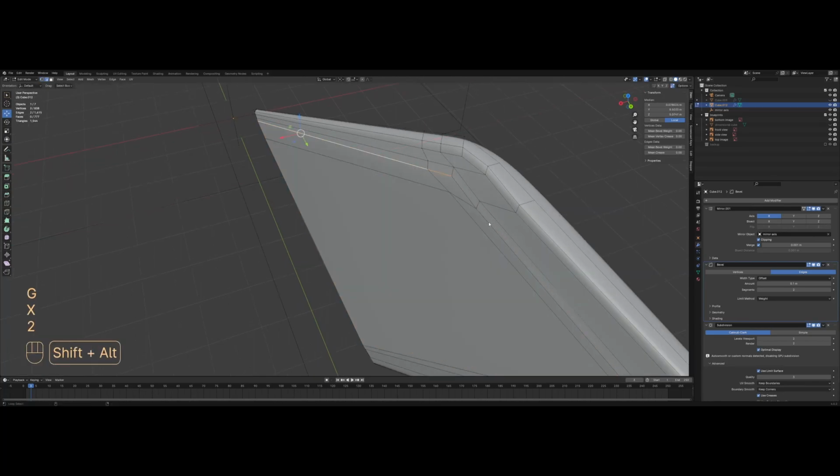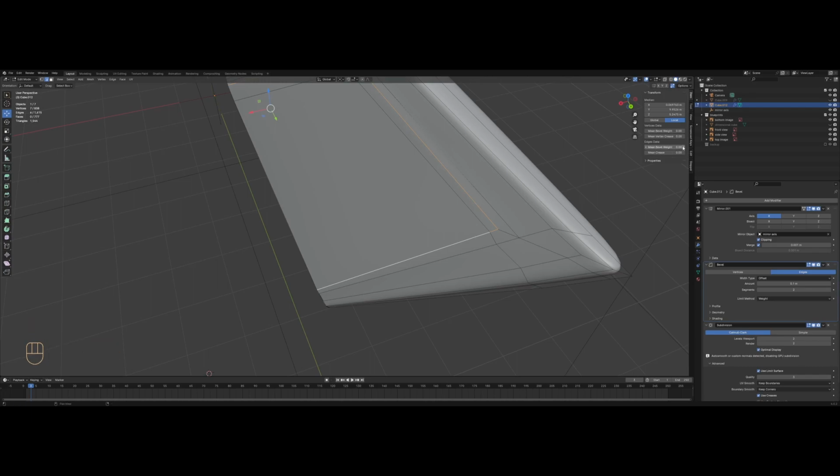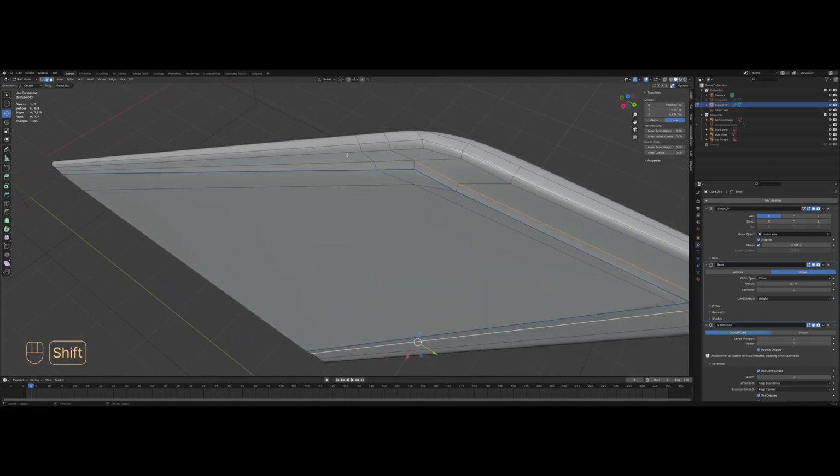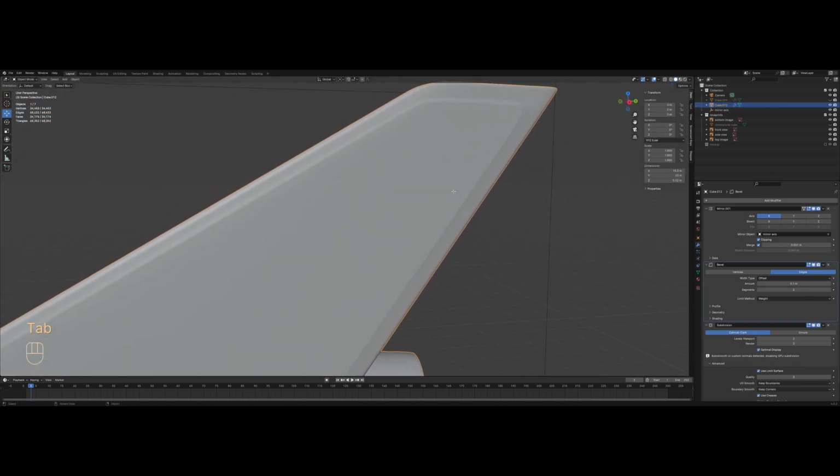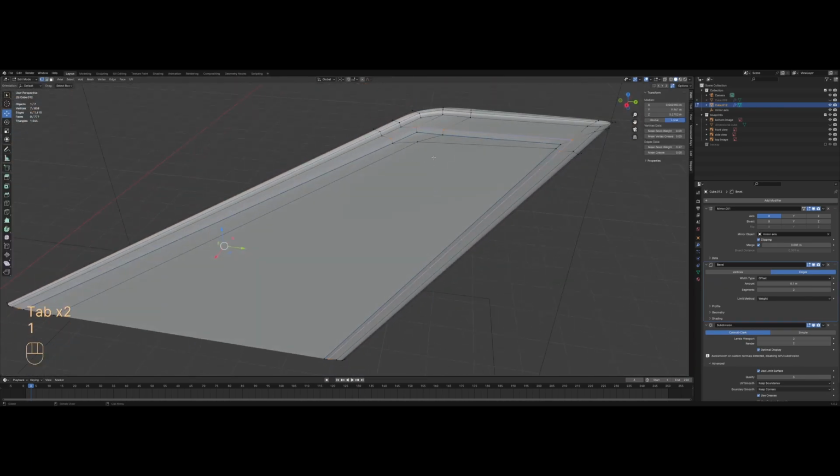And then move them out on the x-axis just to create this kind of indent on the side that we're gonna then bevel, just like that, to get this shape. Well, actually it's not the shape that I want, and it's not really the shape that's on the reference, so let's reshape that. Let's slide that back